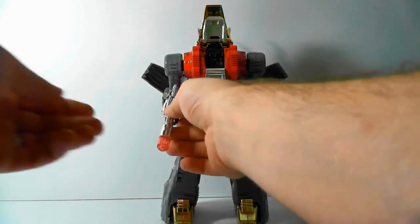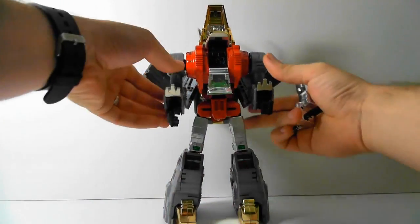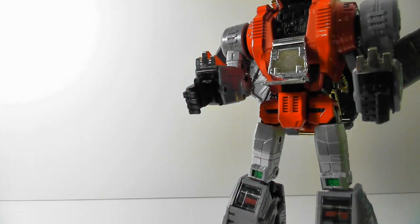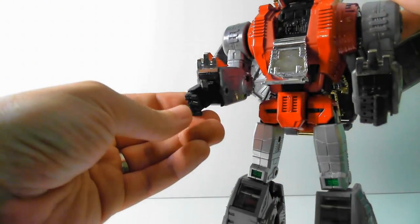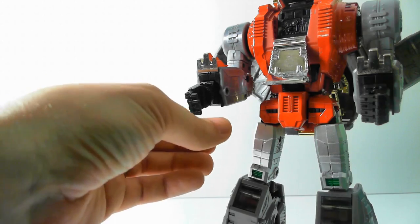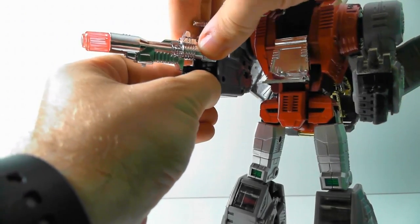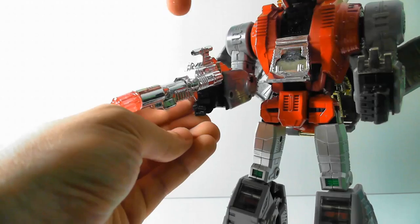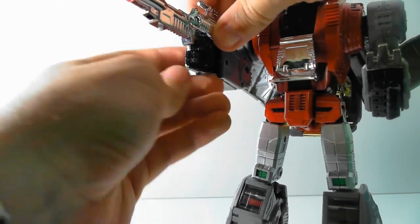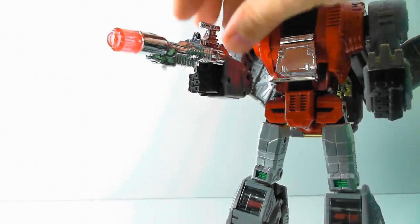Take the gun out. On a side note, I found that the hand, or the thumb I should say, is actually kind of useless on Scoria. What I do is I put the thumb back like that, almost like you're going to store it, and then to put the gun in, you tilt it in, and when it pops into place, you just turn it and it'll pop into place. That's the only way. Going straight on, I haven't been able to get it in, but it seems to go in very nicely when I pop it in from the side like that, and then just wrap his hand around the gun. But let's go ahead and